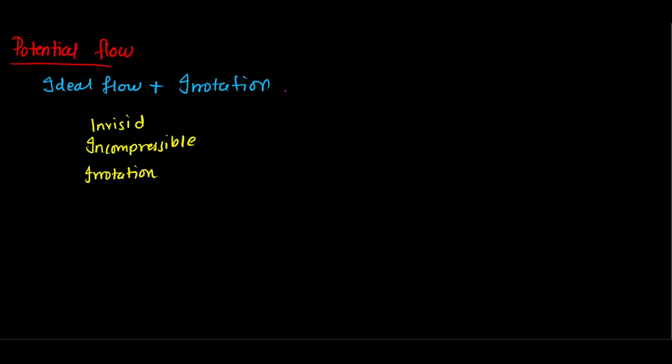So the potential flow, what does it say? That if the fluid is irrotational, which means that the curl of velocity is equal to 0, from this we can say that velocity is a gradient of some scalar potential function. So here phi is a scalar potential function, velocity potential, let's say, and we of course know that the gradient of any potential will give you that actual quantity. For example, the gradient of potential energy will give you the force. So in a similar way, phi is the velocity potential,